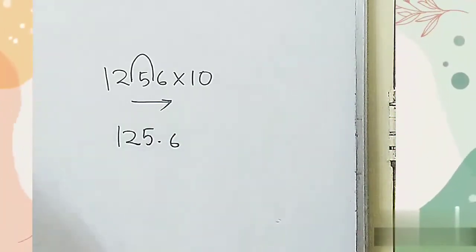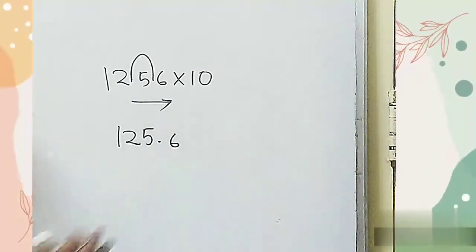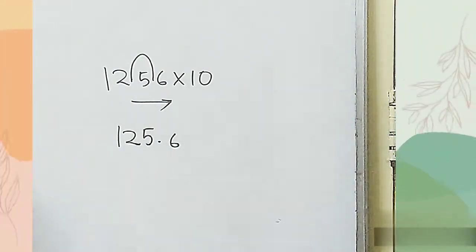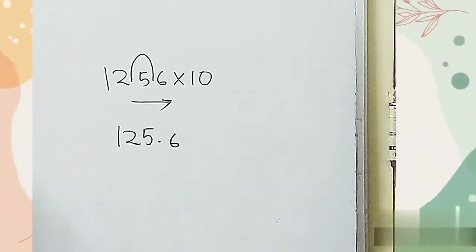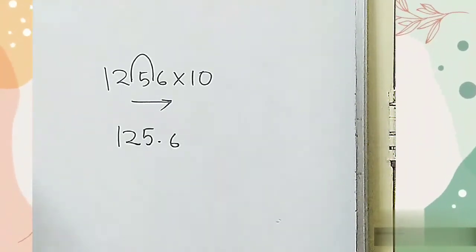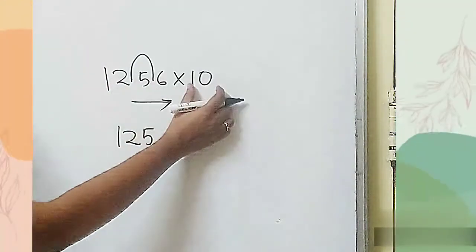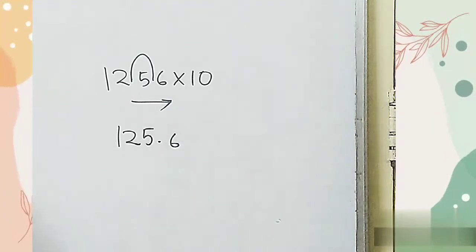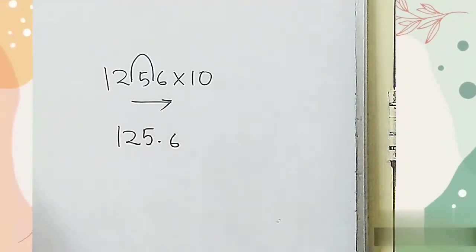125.6. And one more thing, after the decimal point, you cannot say 65 or like that. You are going to just read the digits. That is 125.6, 12.56, like that. You are not going to say it is 56. Now when you multiply by 100 or 10, you have to move towards the right, student. The decimal point should be moving towards the right.